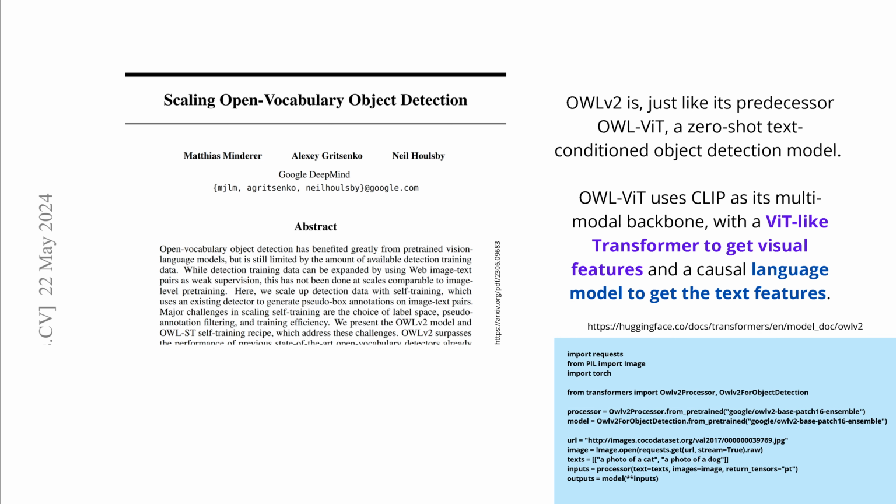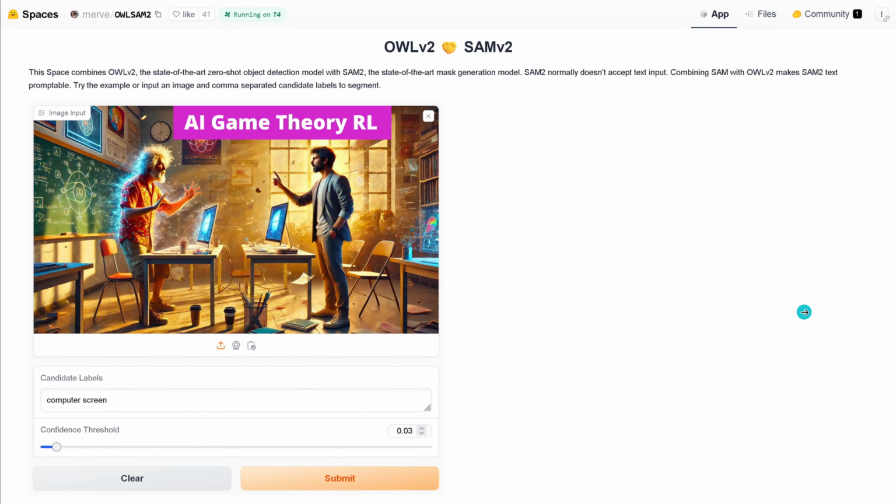Old stuff, you know this. Code is so simple that it's even here on Hugging Face. This is all the code that we need to do this. If you want to see this, two days ago here on Hugging Face Spaces, Murph did a fusion of both models. It's really nice because the new SAM 2 does not accept text input. But if you merge it here with OWL version 2, look, I have uploaded an image